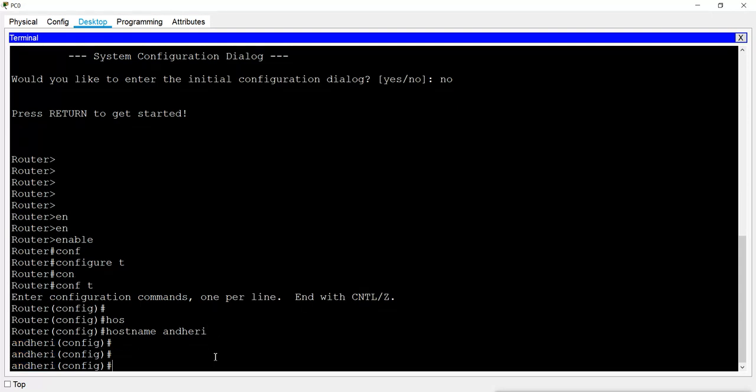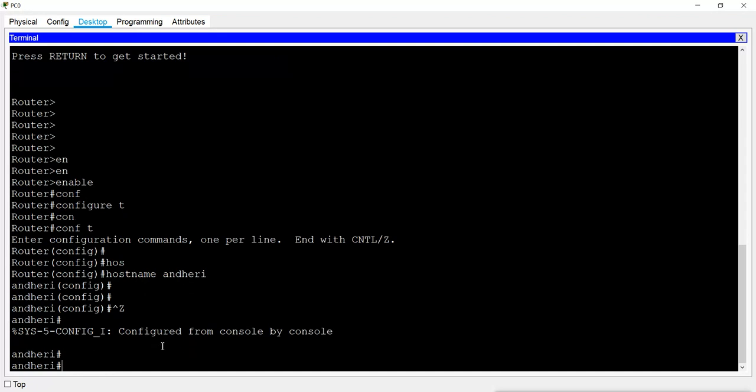Now remember, this configuration which I did here, I changed the name, and it is directly applied because it is the running configuration, and it is right now running, and it is not saved. If I restart my router, the name will be removed, and the router will go back to the default configuration, that is router, because we have not saved anything. Whatever you configure will remain in RAM until you save it, and when you save it, it will go to NVRAM.